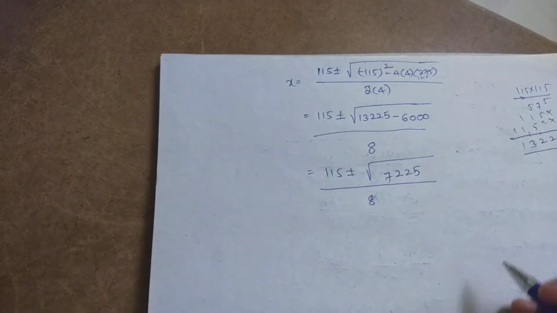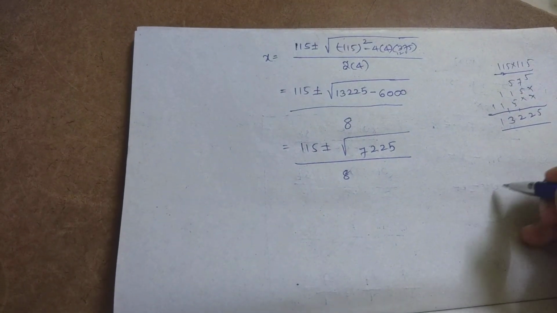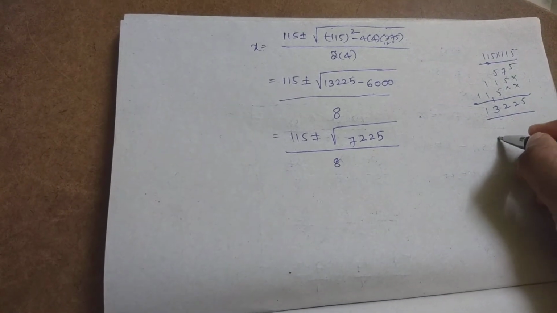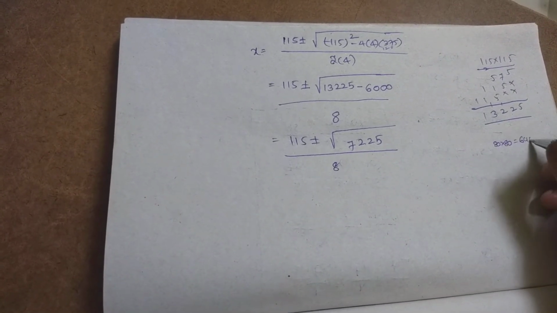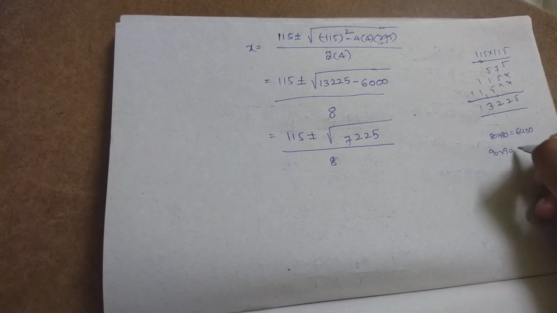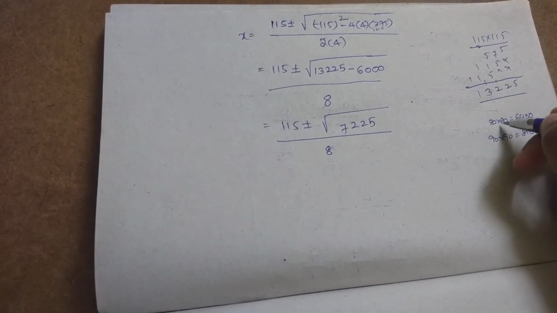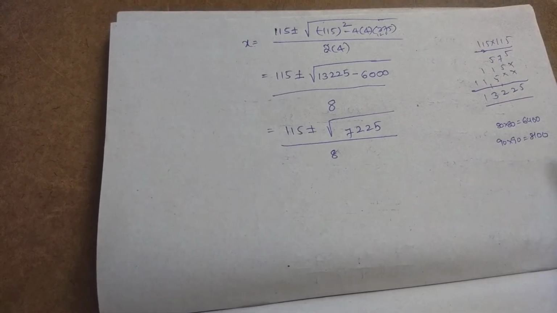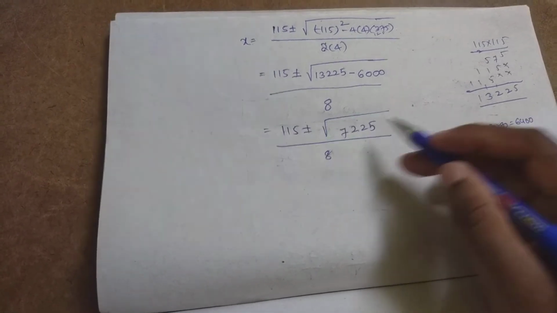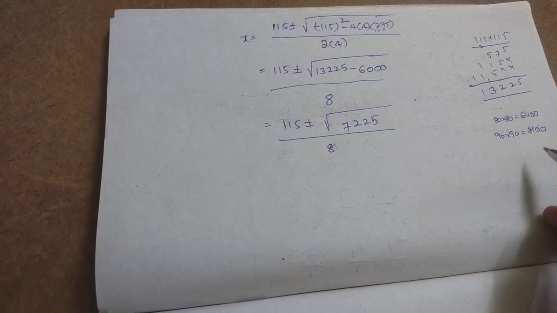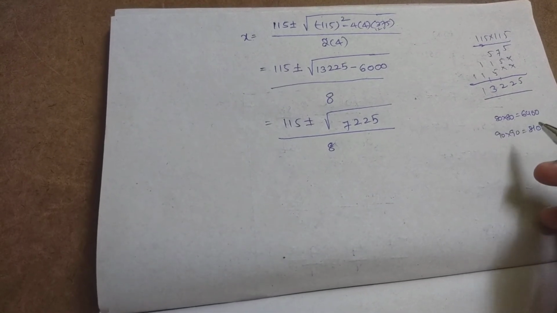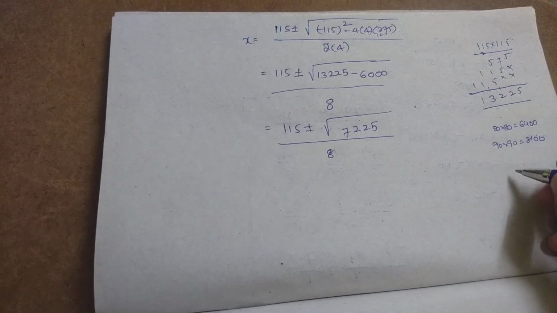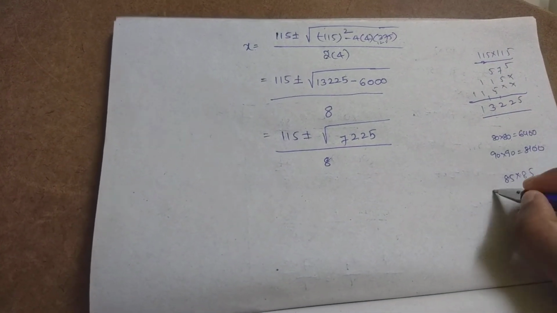So what is the square root of 7225? In the previous problem I have explained a shortcut to do the square root. So 80 into 80, we did it right, 6400. 90 into 90, 8100. So 2 zeros are there, you should add 2 zeros to the right hand side. 8 square is 64, 9 square is 81. Simple. So you see that 7225 lies in between 6400 and 8100. It means in between 80 and 90. The last digit 5 will come only in the square of the 5 table. So let us check whether it comes in 85 square or not.